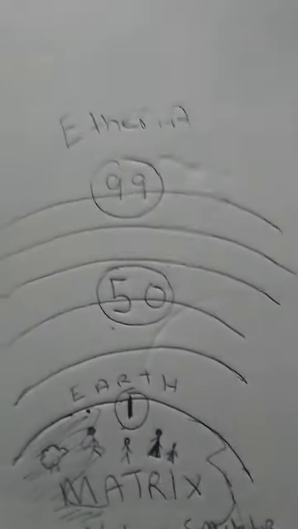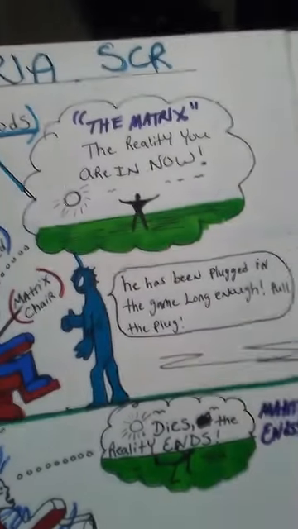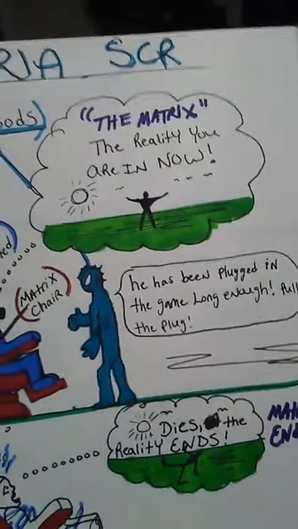So what makes you think that you don't reincarnate and come back to this place again? You are reincarnated. You're back on the earth again because you didn't pass this God game. You didn't pass this virtual simulator game. So the etheric gods put you through a game to pass. They sit you down in this chair and they put you through a game to pass. They put these virtual goggles over your face, which create this reality you're in. And if you don't pass this matrix, you're going to get put right back in this chair.